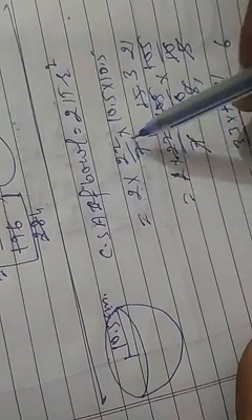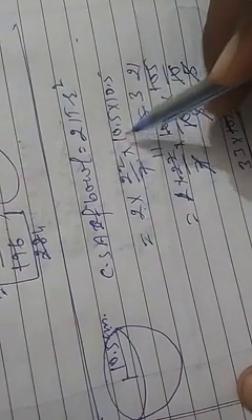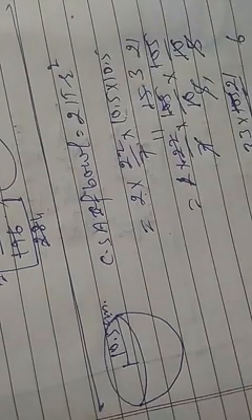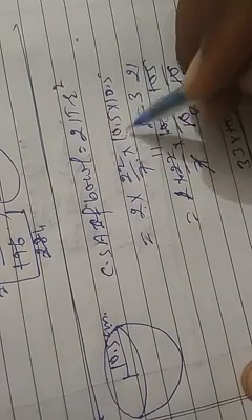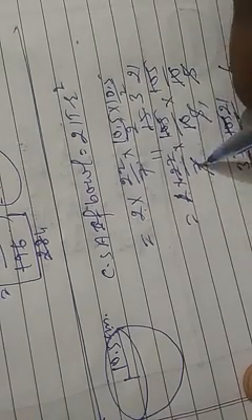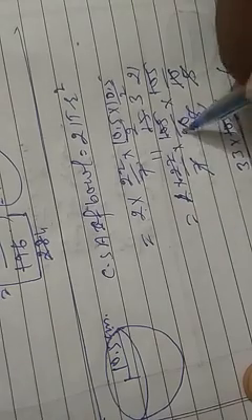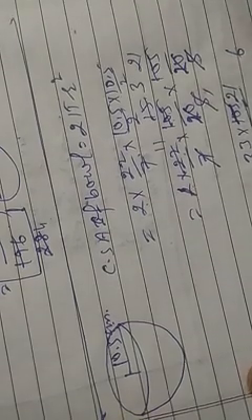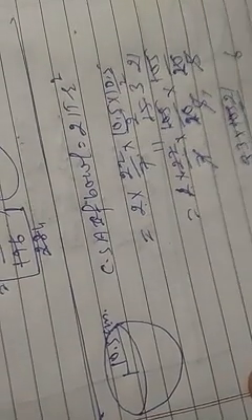2 pi r square, 2 pi into r square, this. Then here this one is diameter. Sorry, we have to take here this one is diameter, so we change it to radius, which means upon 2 and upon 2. Then here 2 into 22 by 7 into, here we can take 20 and 20. So the calculation will be equal to